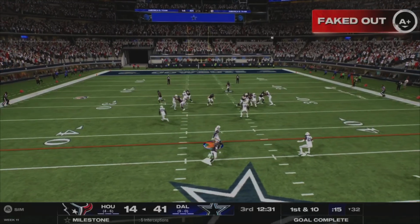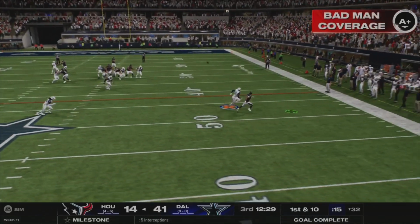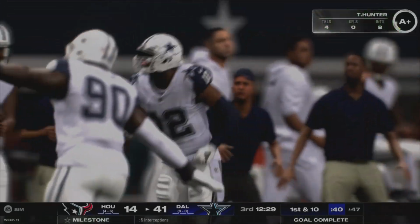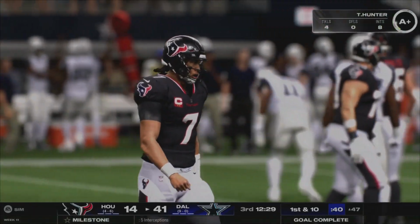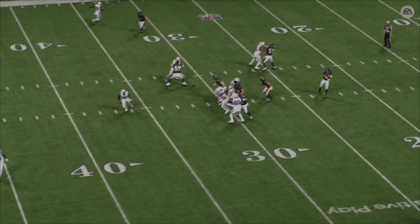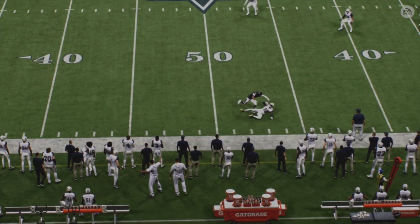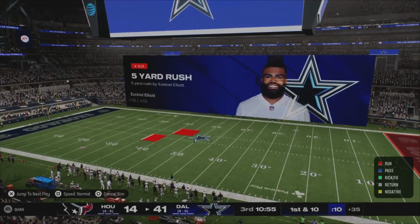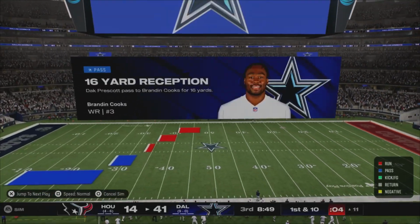We see he's on an in route. We're going to follow him all the way down, and he ends up throwing that for no reason, and that's going to be an easy pick for our 8th interception of this game. Look at that. I don't know why he threw it to him. He was guarded the whole time, and we're going to catch it out of Tank Dell's hands,